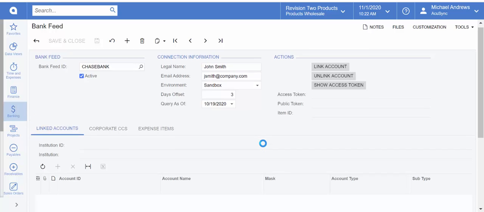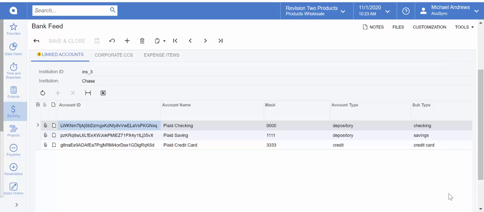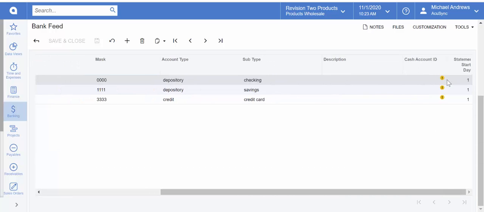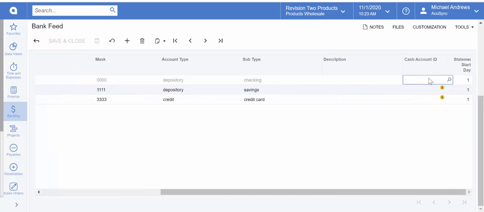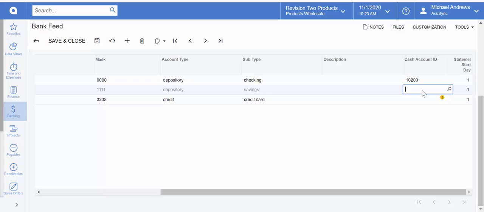So once that comes in, I'm going to be able to apply a cash account to this by going in and selecting the bank cash account that I have set up. This one happens to be checking, so I can go ahead and select my checking account. This one is the savings account, so I can go into savings, select my savings account, and then I have